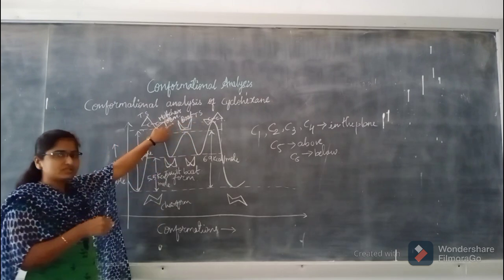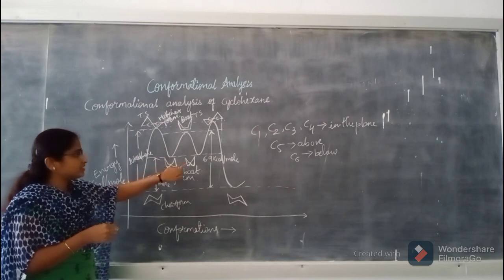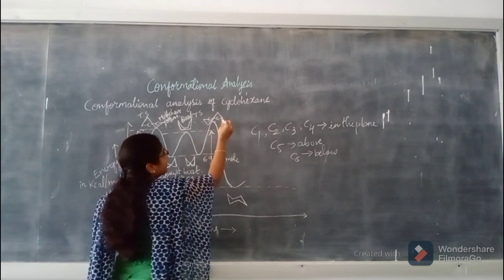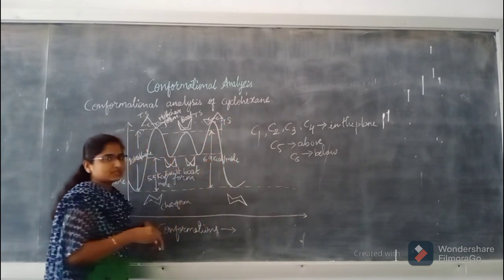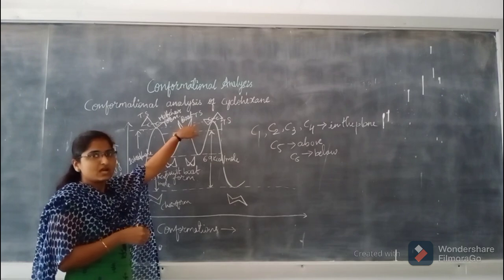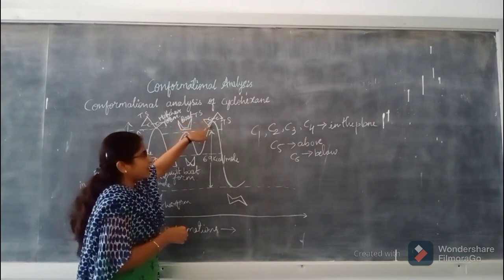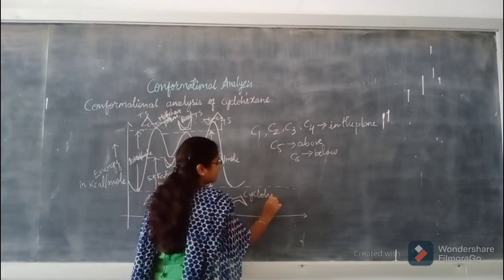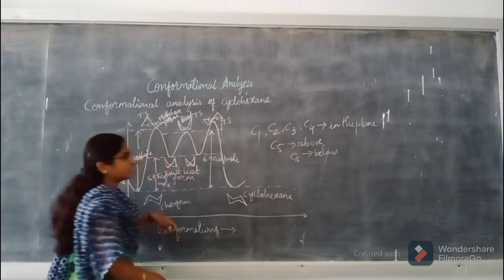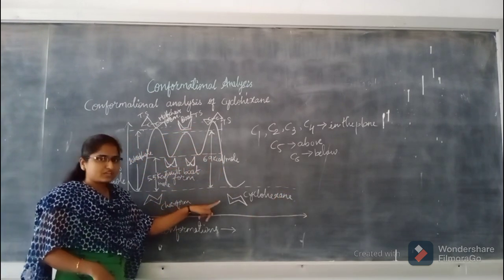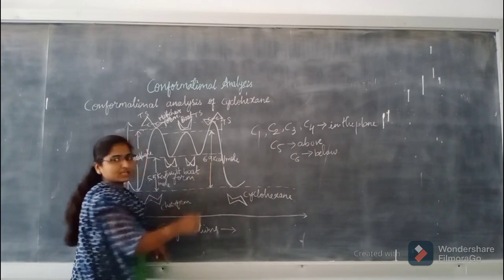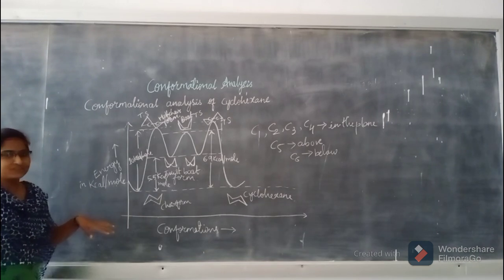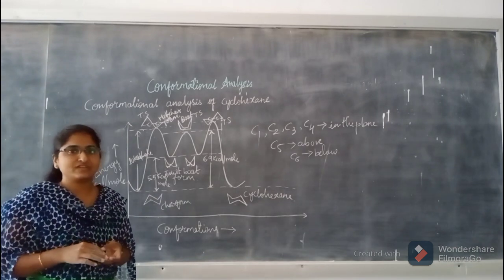And this transition state conformation is separating these two twist boat forms, and moving from twist boat form again we will be getting another transition state conformation, which is nothing but a half chair form. Moving from this half chair form, finally we will be getting the chair form of cyclohexane. See here the energy barrier between the half chair form and the chair form of your cyclohexane is 6.9 kilocalories per mole. So this completes your conformational analysis of the three molecules, that is